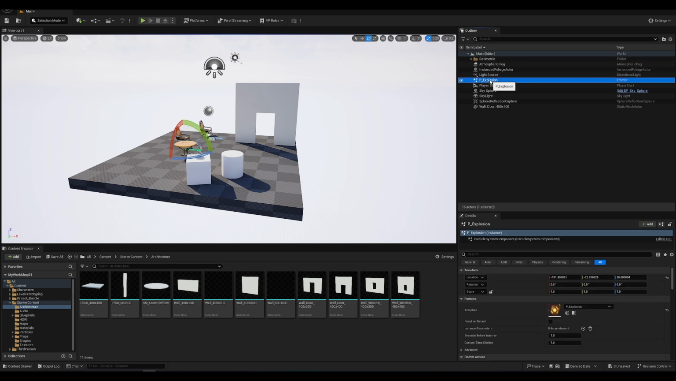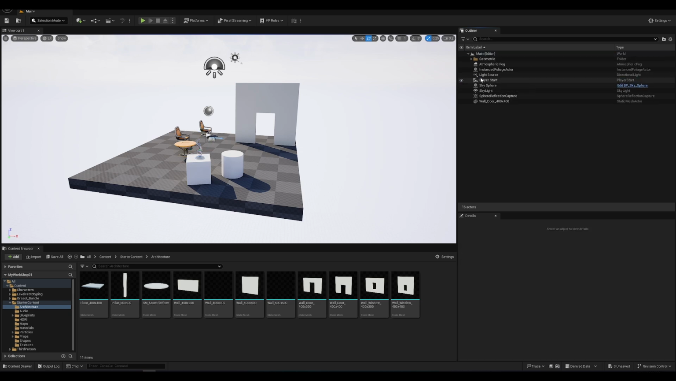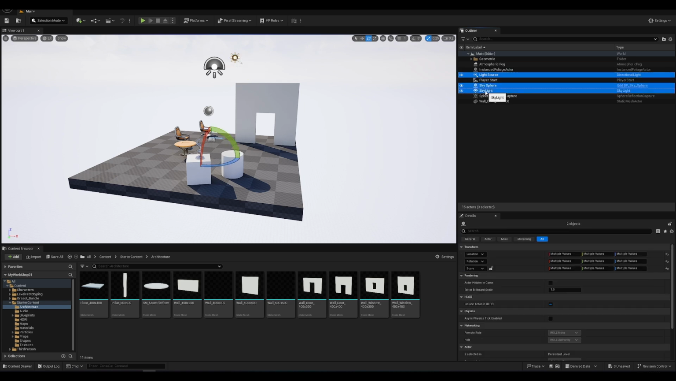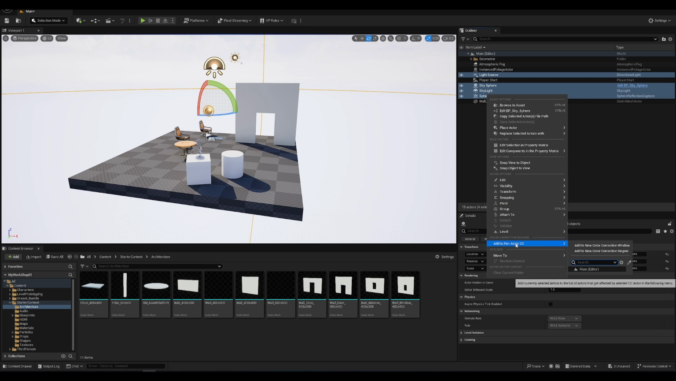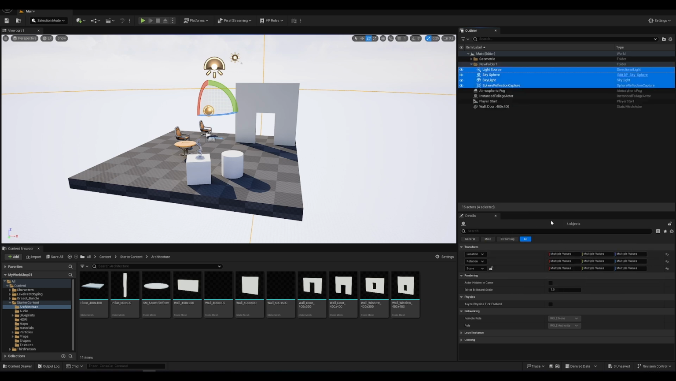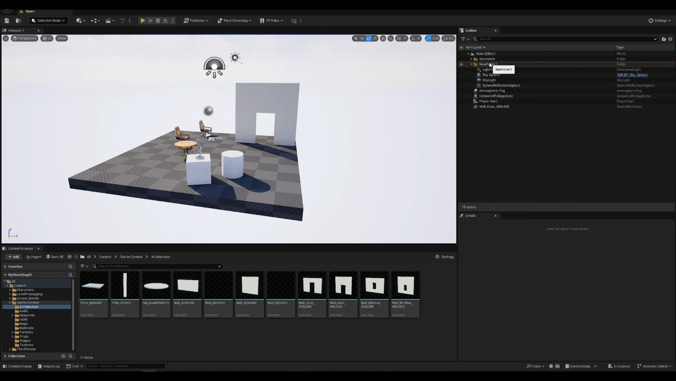And lights also you can organize like this, lights. Move to create new folder. Okay, just a simple thing. Okay, now